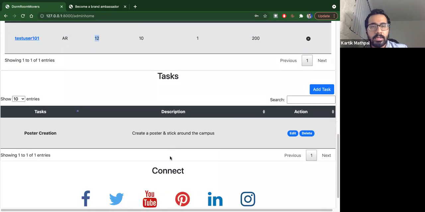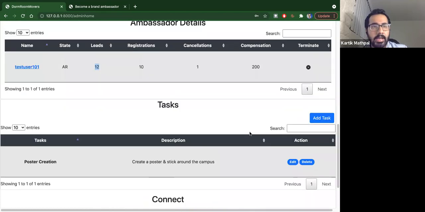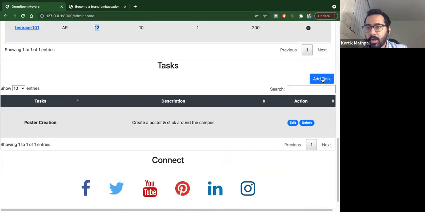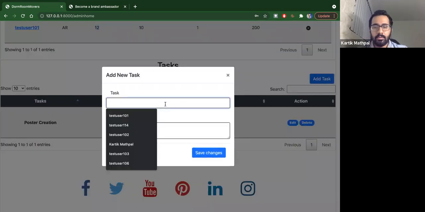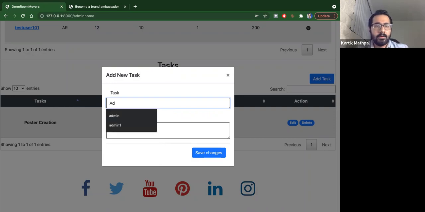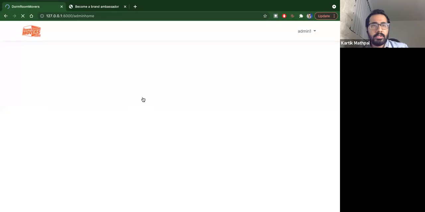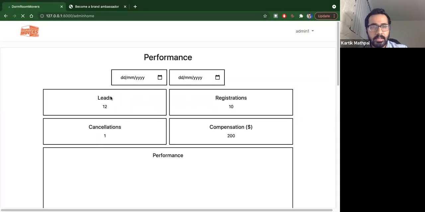And this is the place where the admin can add a task, which gets broadcasted across the ambassador's task table. So I'll quickly show you how this thing works. If I add a task, say, share post on Insta, and if I save this, now this task has been created by the admin.